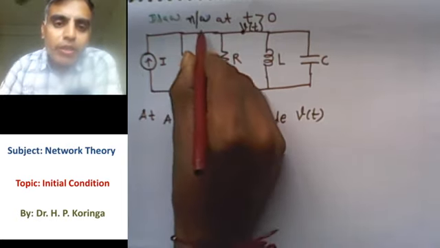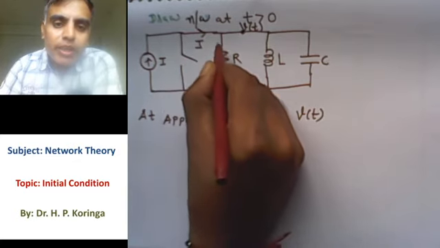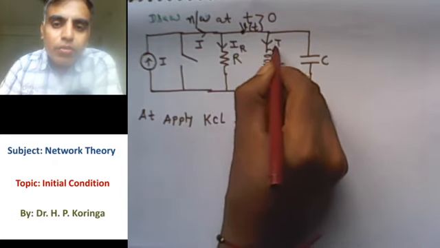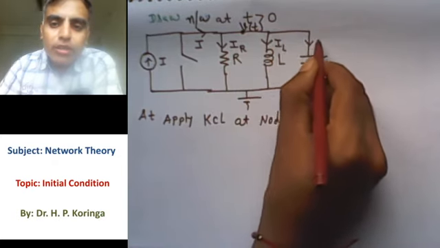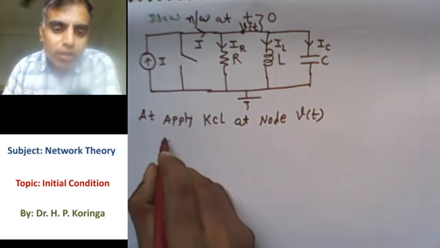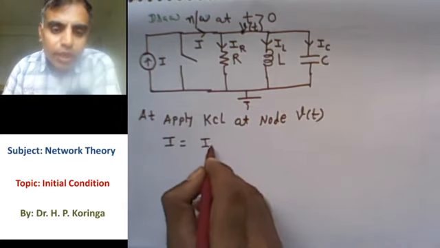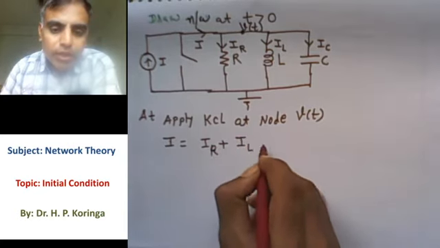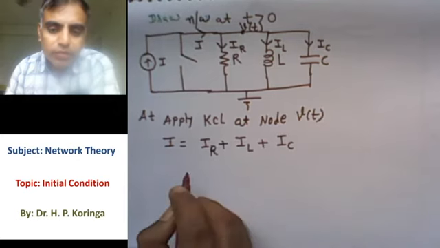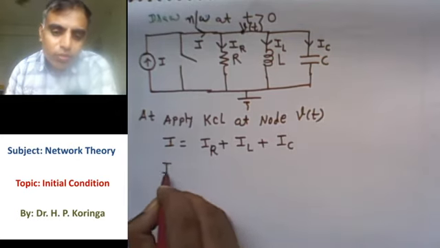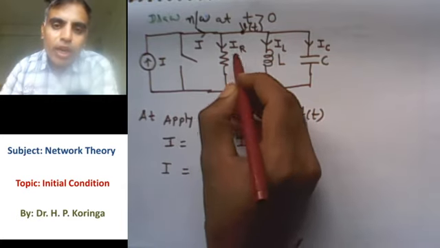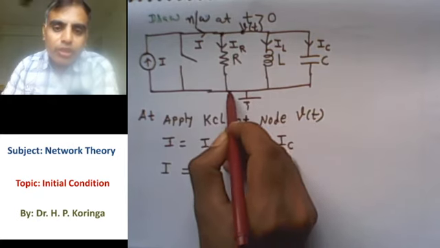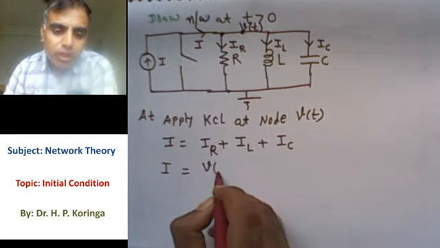So this I ampere incoming current divides into three currents. One is the current passing through R, another is the current passing through L, and the third is the current passing through C. So I is equal to IR plus IL plus IC. Right? How to write IR, the current passing through R, in terms of V of t? Here the potential is V of t, here the potential is 0. So V of t minus 0 divided by R,